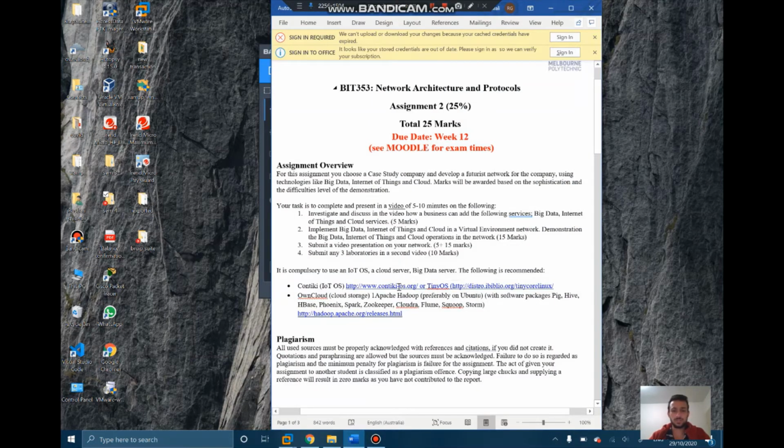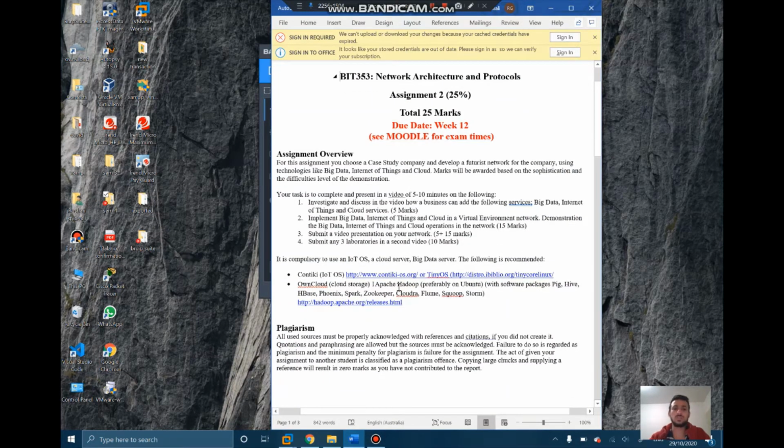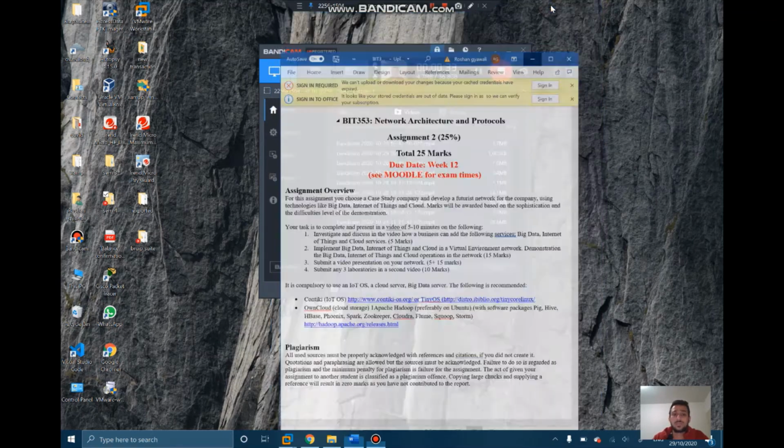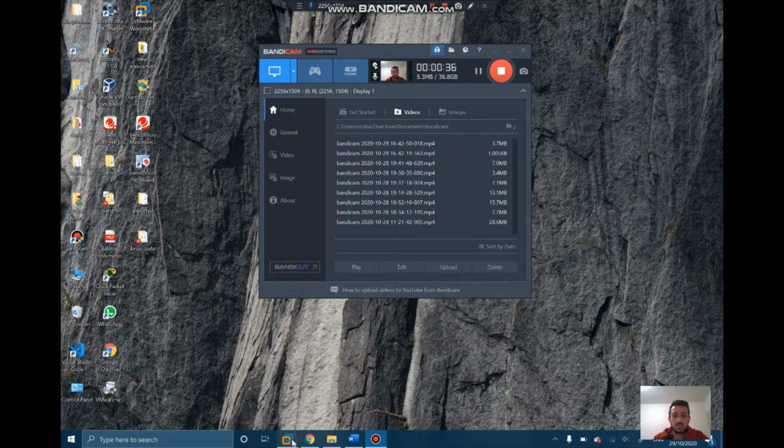So finally, the third part, that is downloading Apache Hadoop, and then performing the task. Basically, the Apache Hadoop software library is a framework that allows for the distributed processing of large data across clusters of computers using simple programming tools. It is designed to scale up from a single server to thousands of machines, each offering local computation and storage. So here you can see that I have